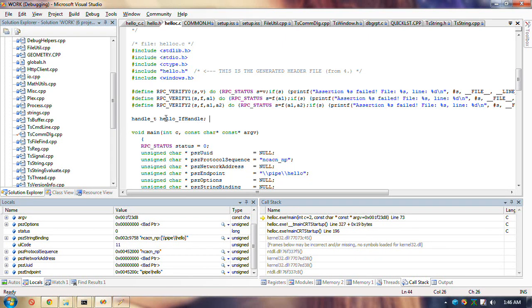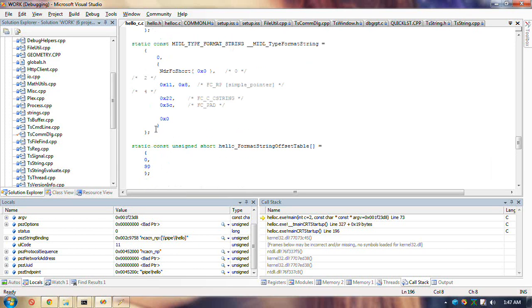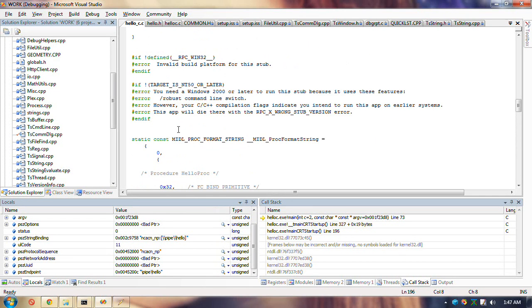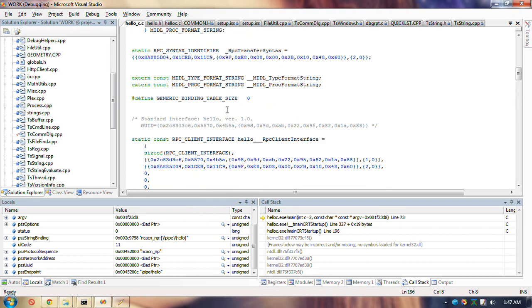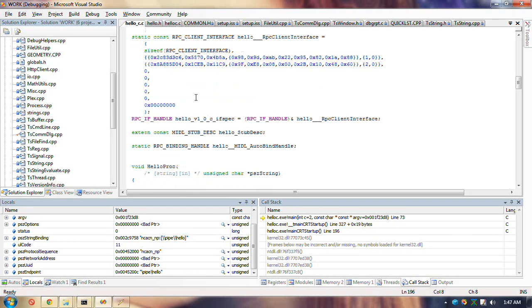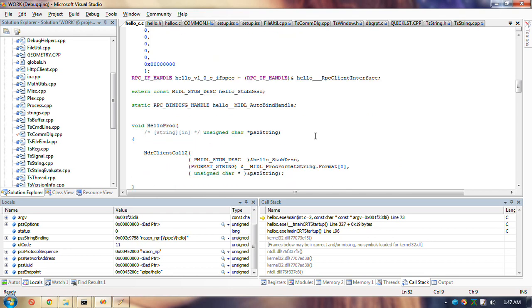Now it took me a long time to realize this. And I've tried to do that in the other project and it's failing. But also declared in here as a static is this hello auto bind handle.